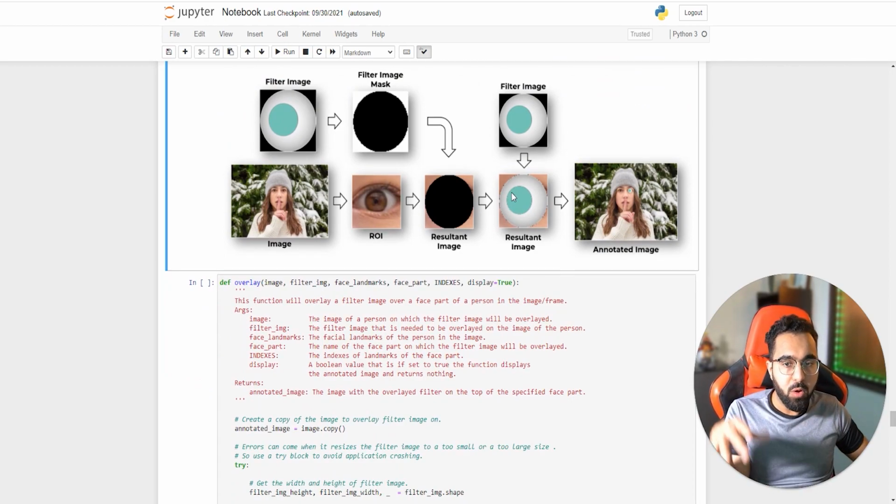This is the same flow for the eyes, and this is the same flow for the face filter. There's just a little change when it comes to the face, because instead of working with an image, I'm going to place an animated video on the facial part, and the whole thing is the same. I'm going to use the same function to make it work on the face too.